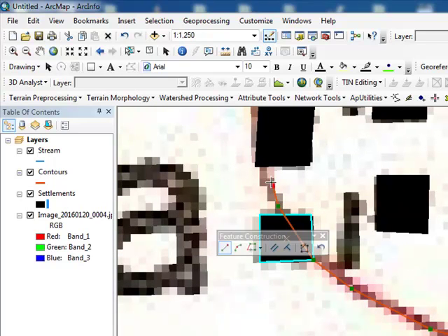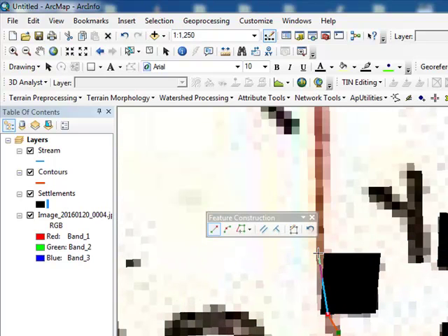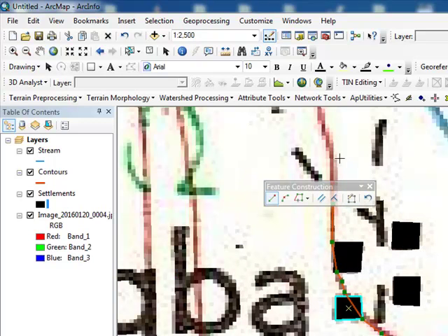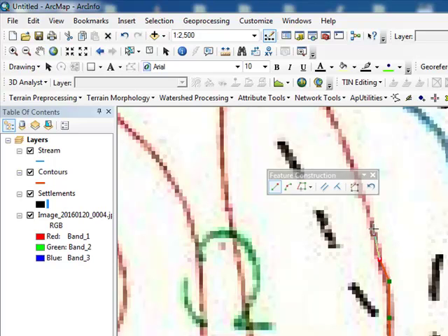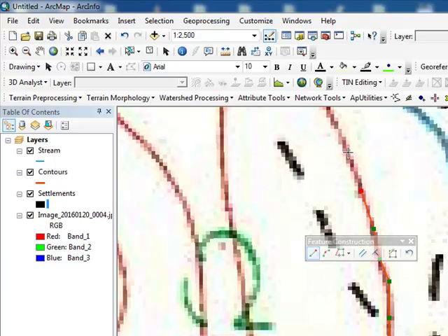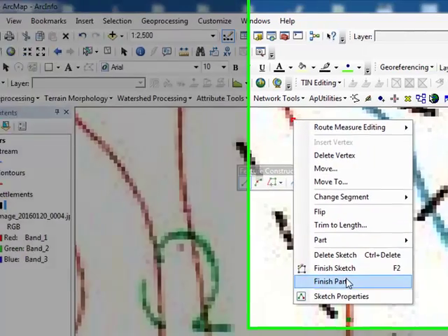You continue like this. It is contour. You trace it. That's why we call it on-screen digitizing. That's like electronic tracing. You go like this, contour, you continue like this, you right click, you say finish